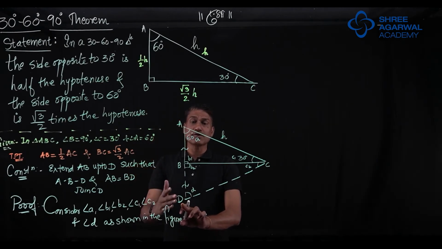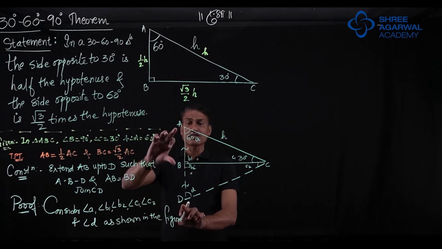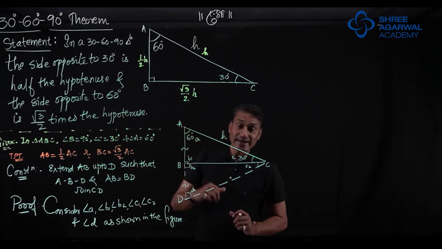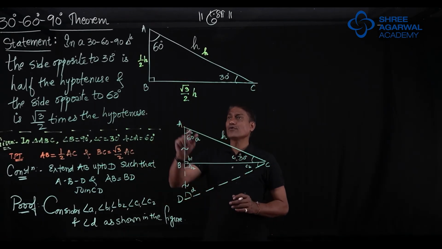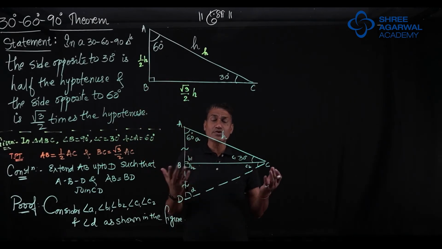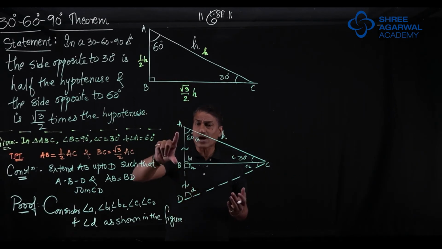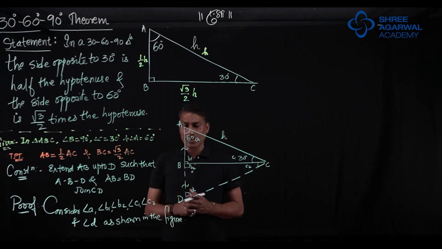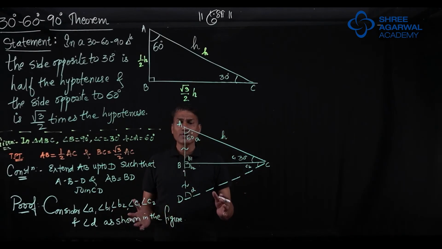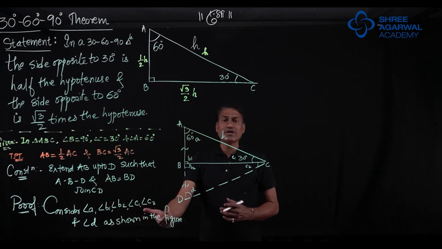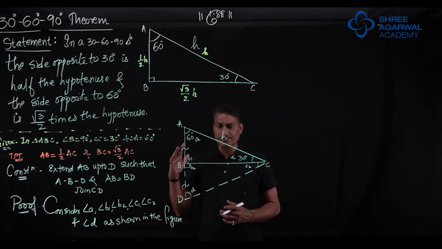Now focus here. B is the midpoint of AD by construction. So if this total is H, this will be half of H, that is what we want. Getting? So we found this side. Now how to find this side, side opposite to 60 degrees? We will use Pythagoras theorem. But if we have come till here, our 50 to 70% proof is over. So now whatever I told you, I am going to write in the form of proof. Let us start. Proof has already started. We told them, please consider the angles as shown in the figure.